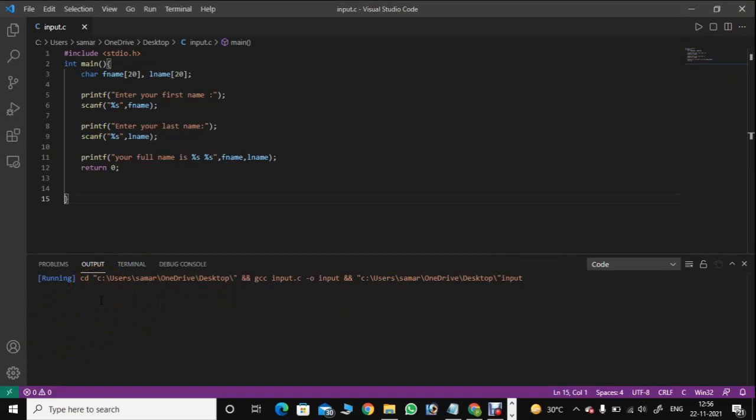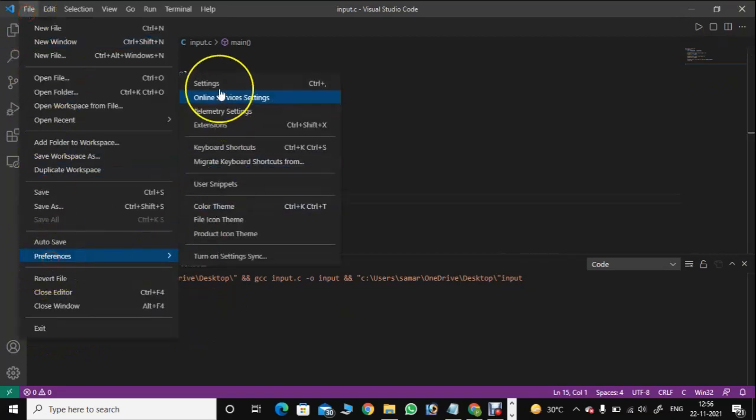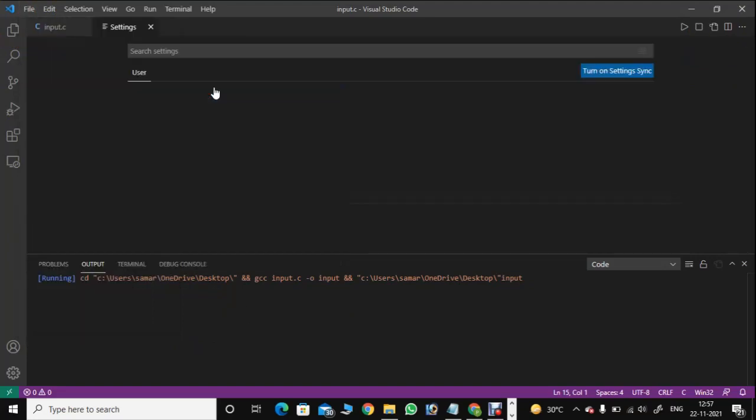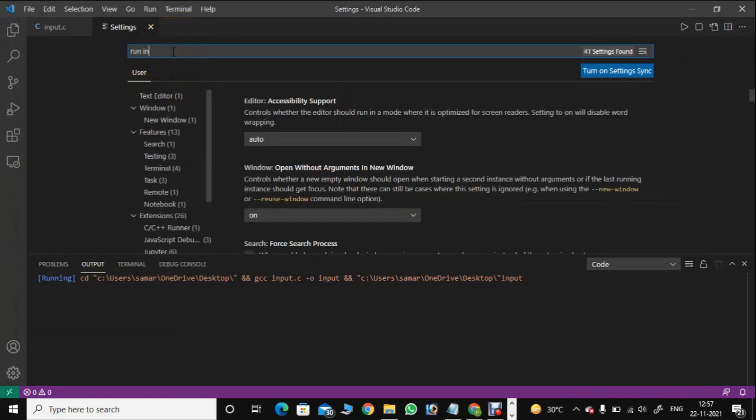So to solve it, click on file, then click preferences, then click settings, search here run in terminal.